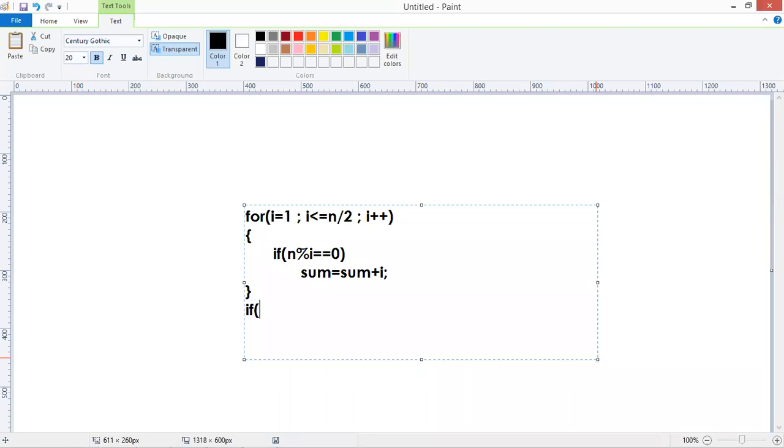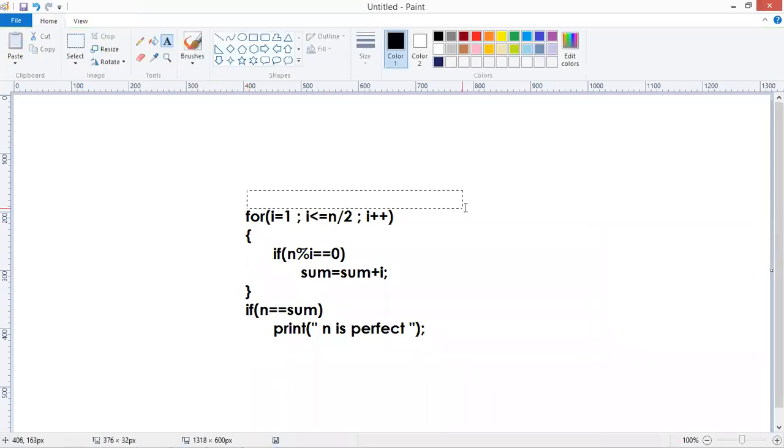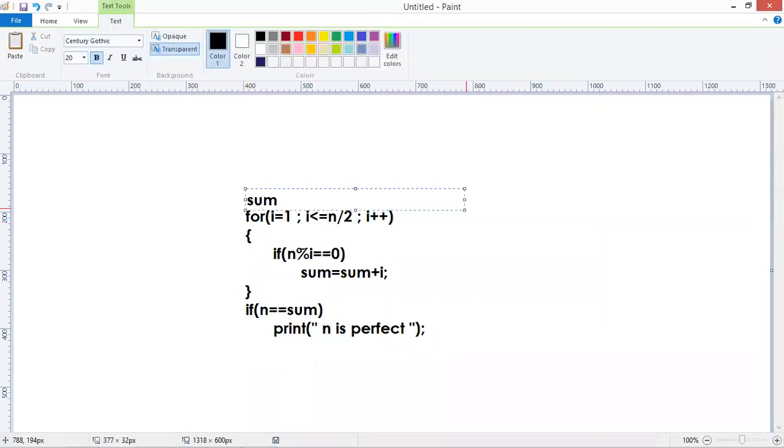And outside, if the n value and the sum value both are equal, we are printing that n is perfect. Before this, we are taking sum equals to 0.